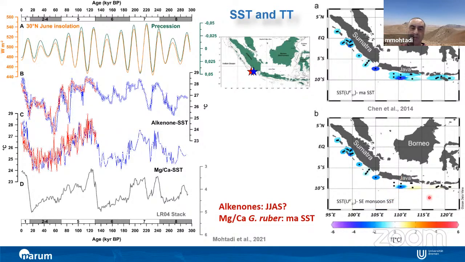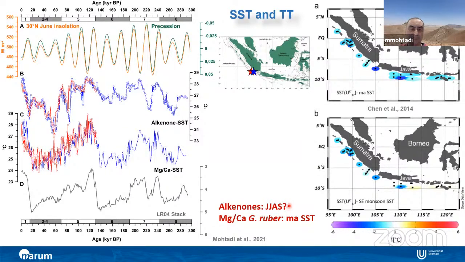Those are the yellowish and whitish colors showing almost no difference to the instrumental records, except for those two sites, but we think that those two sites are not modern. So our inference back then was that the alkenones in this region reflect the June, July, August, September temperatures, if you like,